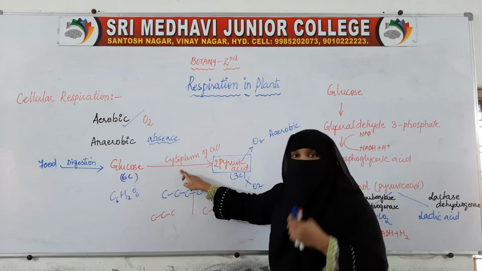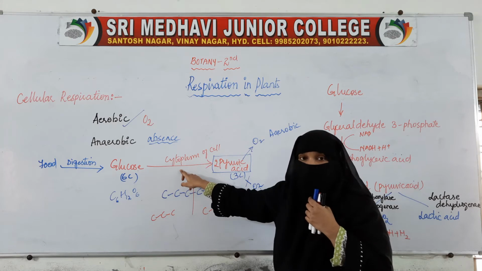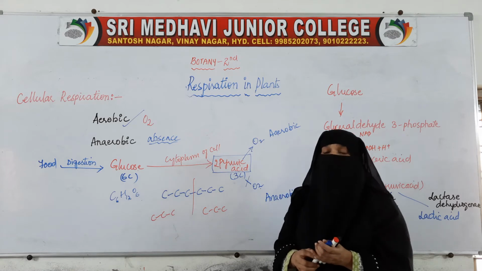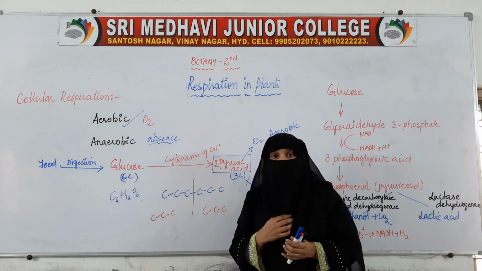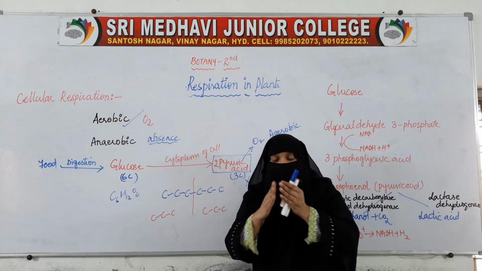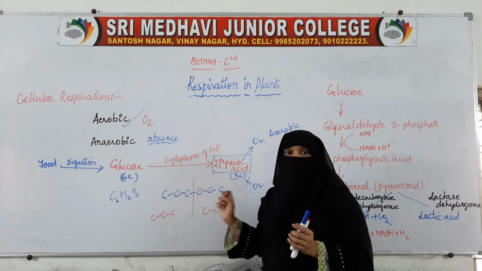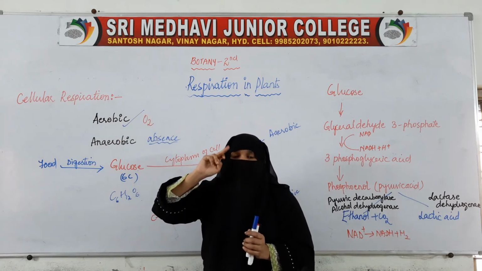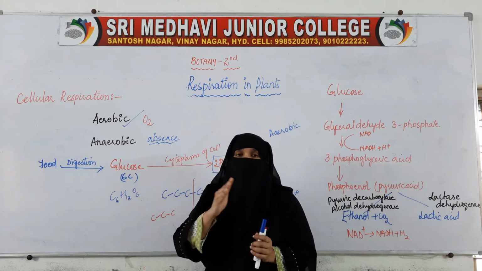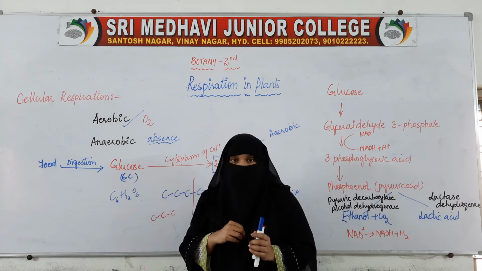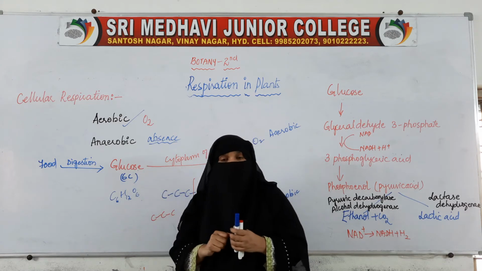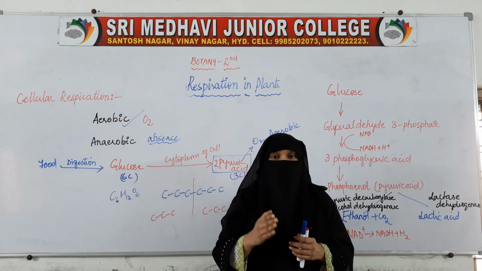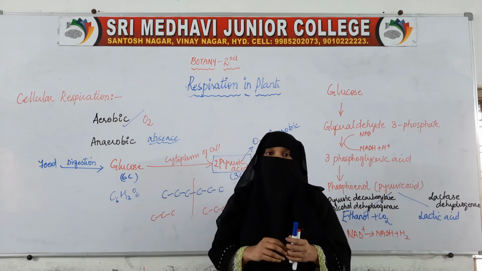This is the first step after entering the cell, when the glucose, the digested food, is taken by the cell. When the cell uses the glucose, what will it be doing? Inside the cell, the glucose will be broken down into pyruvic acid. In aerobic respiration also, the first step is that the glucose is broken down into 2 molecules of pyruvic acid. And in anaerobic respiration also, glucose is taken up by the cell and broken down into 2 molecules of pyruvic acid.